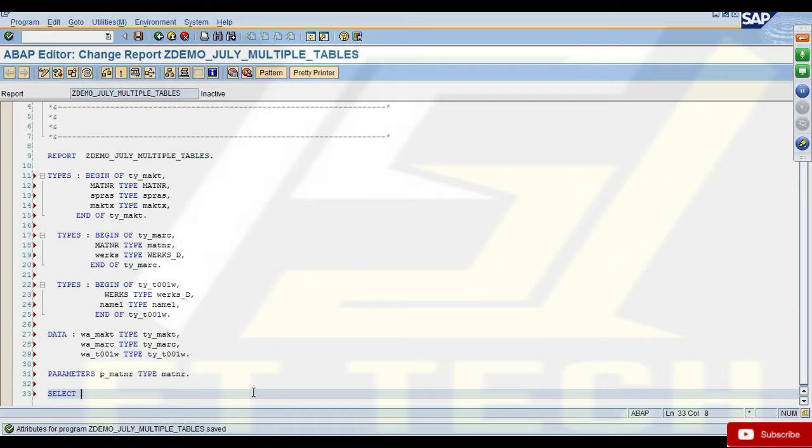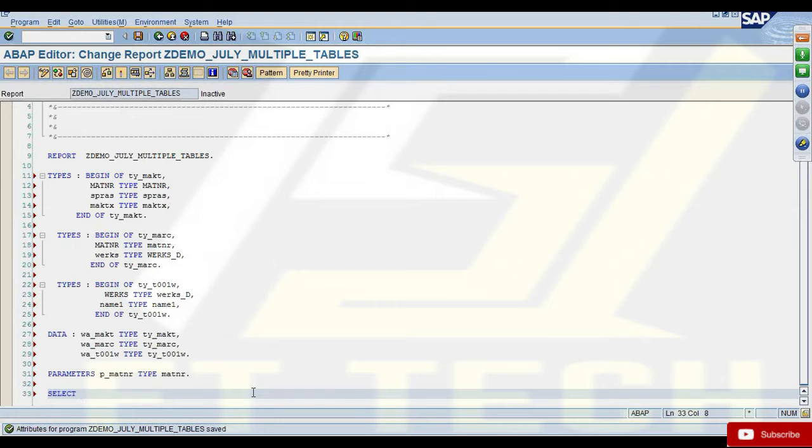Okay, because the first two tables, MAKT and MARC, both have the material number, we can write a join on these tables. I mean, we can select fields from both of the tables using MATNR. But you've not explained that join kind of query in the last class. Yeah, forget about joins. Without joins, how do I do this? Then we write different selects.